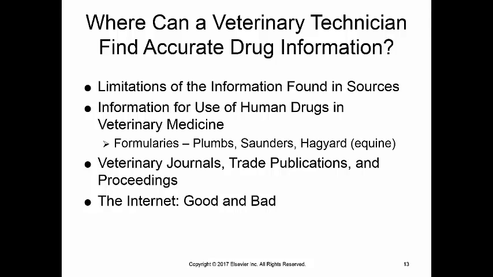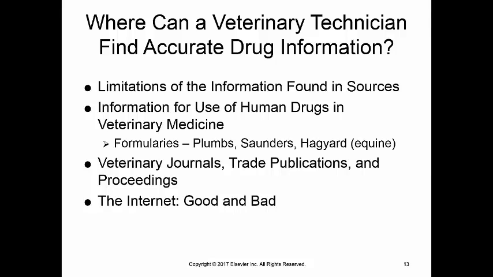For a lot of our human drugs in veterinary medicine, we rely on formularies. We have Plumb's and Saunders, two big ones in textbooks, and you can also get an online version of Plumb's. They list all of your label and extra label drugs used within veterinary medicine. One specialized formulary for a species, that I have up here, is the Hagyard formulary,